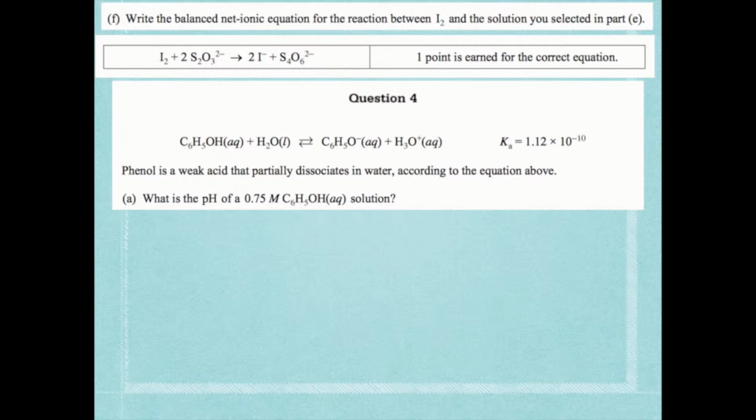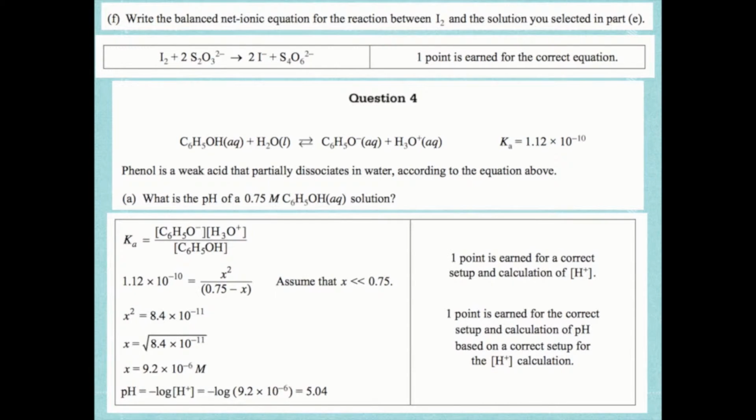Okay, so I'm going to show this reaction. Remember, you're going to put a big X for water because we're going to ignore it. I know the initial concentration of phenol is 0.75. Initial concentration of its conjugate base and hydronium are both going to be 0. The change is going to be minus X for the reactant and plus X and plus X, which means